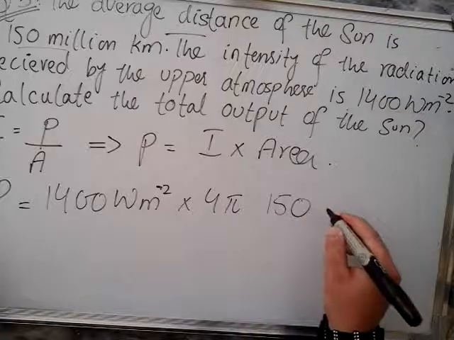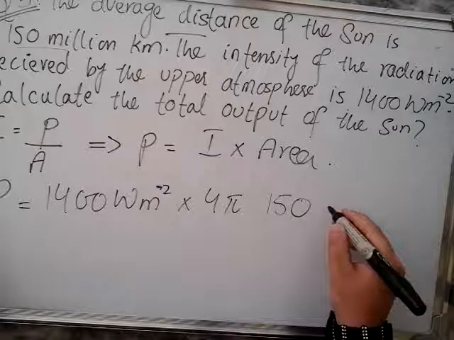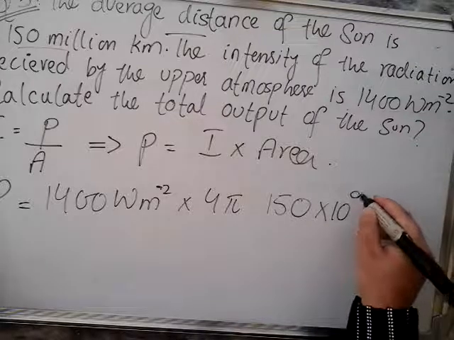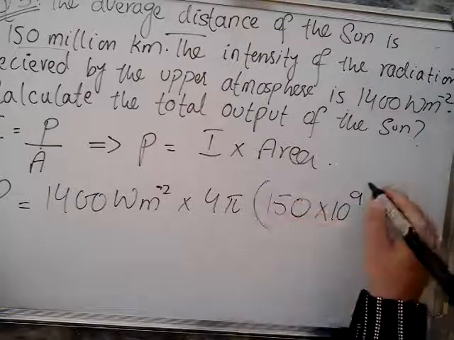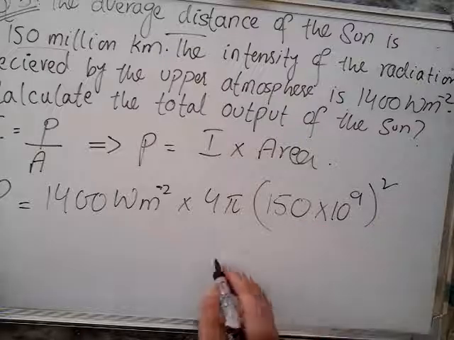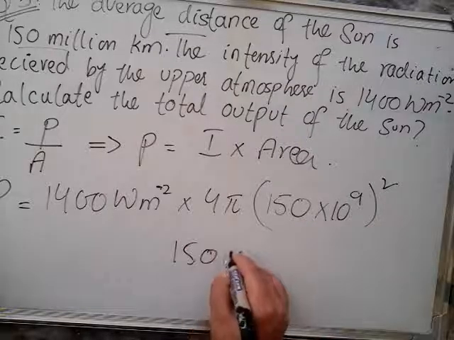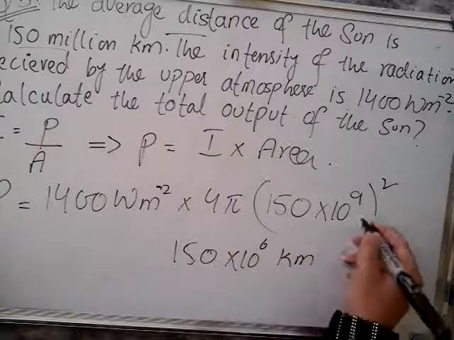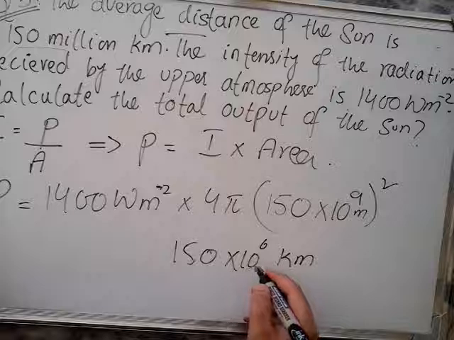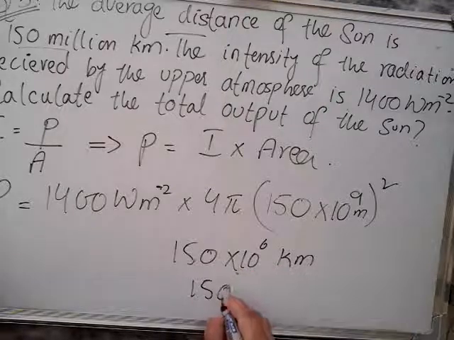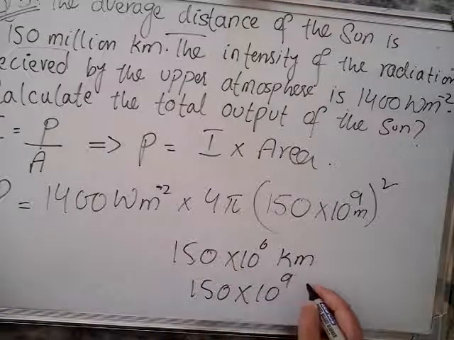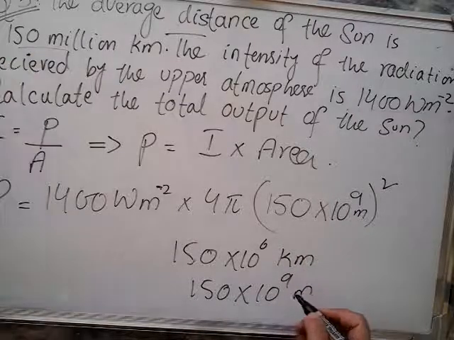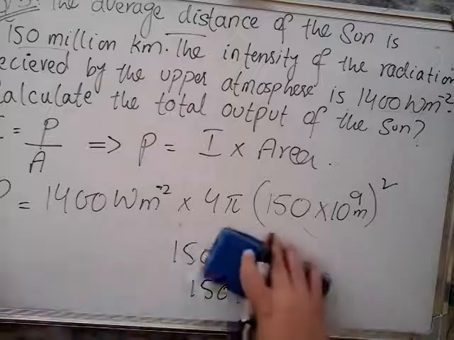So 150 million kilometers is 150 multiplied by 10 raised to power 6 kilometers, whole square. If you want to convert this into meters, you have to additionally multiply by 1000. So 150 into 10 raised to power 9 meters will be equal to 150 million kilometers. So after solving this,